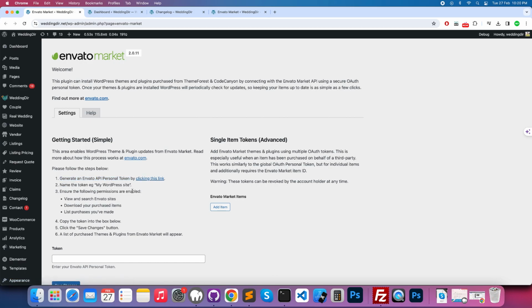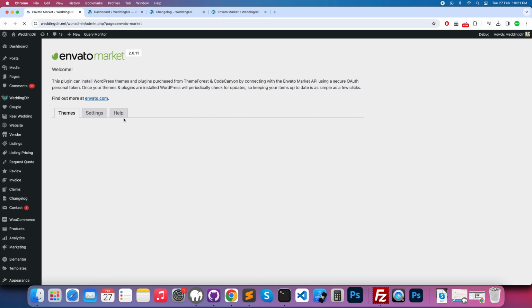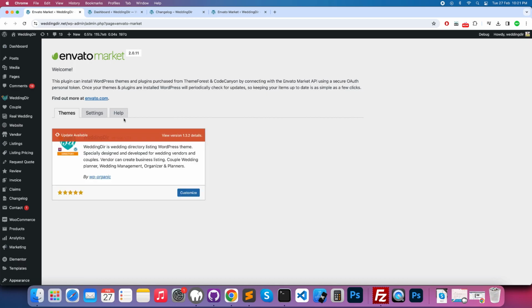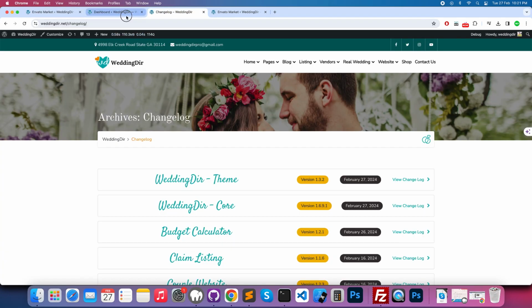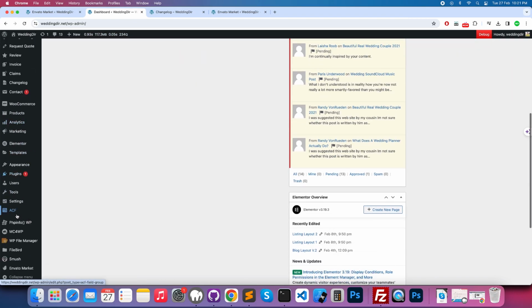Okay. After you get it, here are your purchased items. I refresh this page now because I already updated the token. Okay, now I'm using version